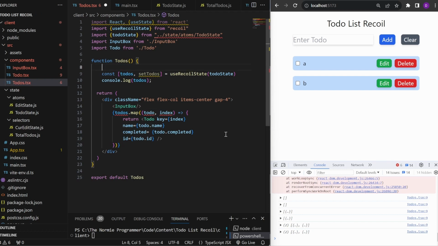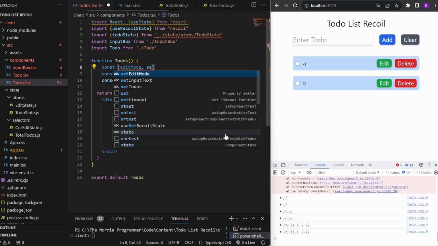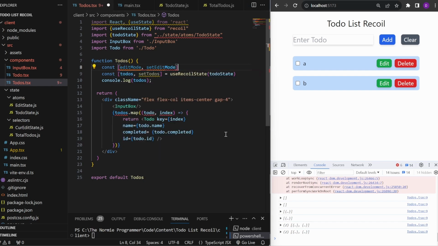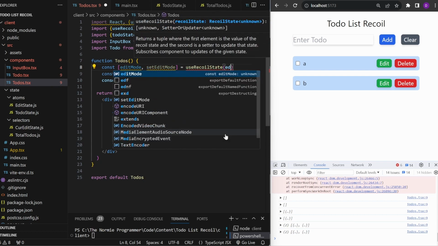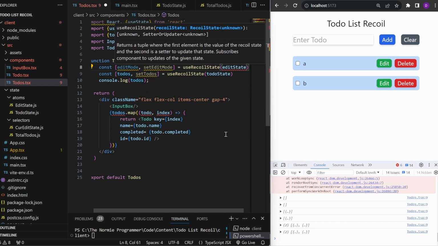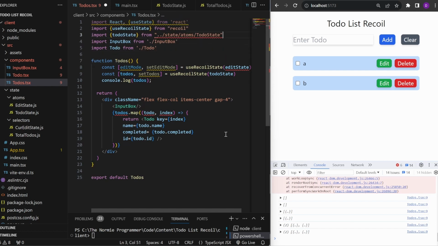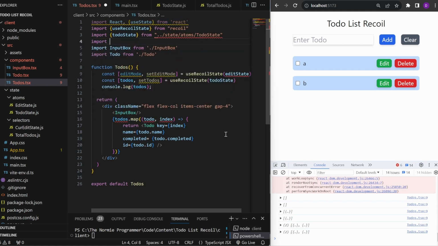So how can we access it? Simple, by our some variables. So edit mode and then set edit mode equals to use recoil state and then edit state, and we need to import. So after the to-do state, let's try to import the edit state